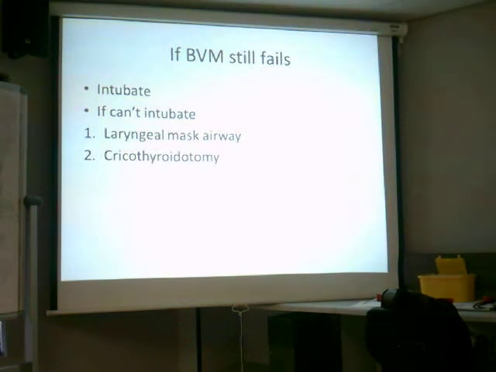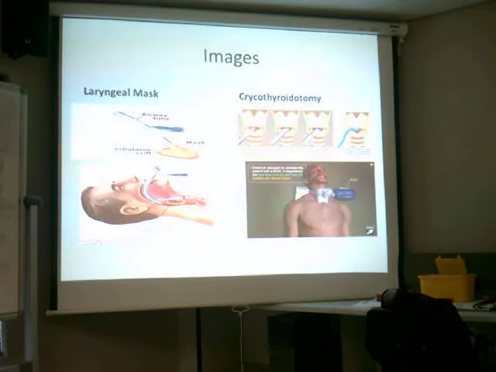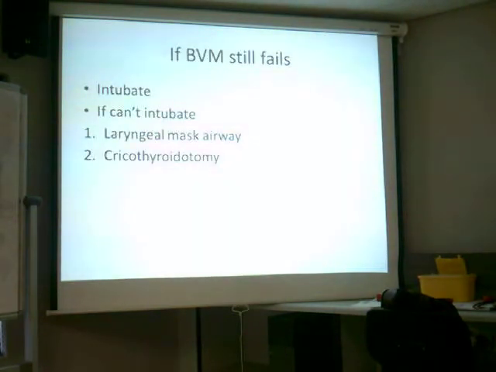cricothyroidotomy. If you watch the movie Anaconda, okay, in that movie where a person gets stung by a wasp inside the throat, and then they use that big pen to do the cricothyroidotomy on the patient to help him breathe. So there you can see that is a laryngeal mask. It almost looks like an ET tube, so that's something that you can use. So it's much easier to use than an ET because you just slide it in.